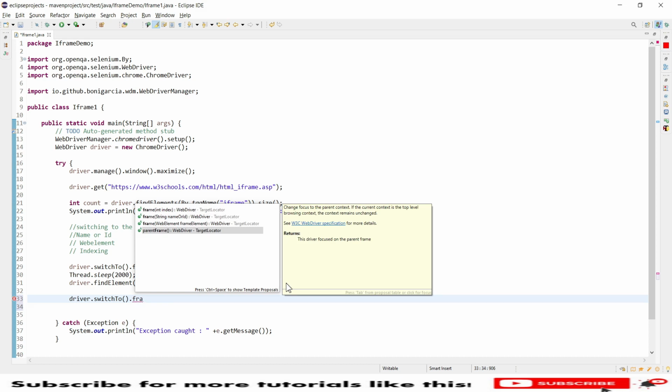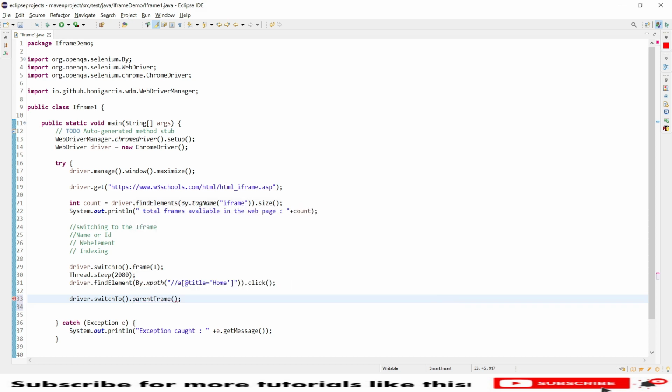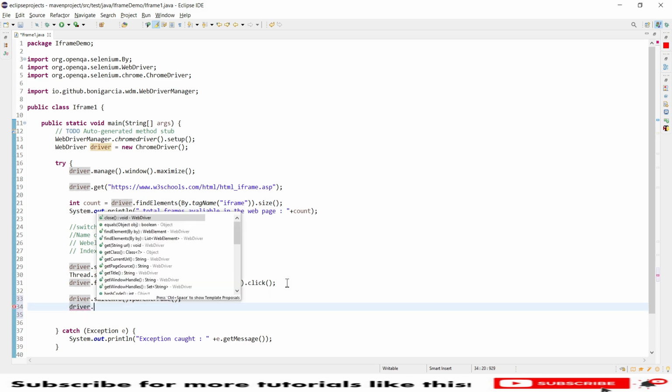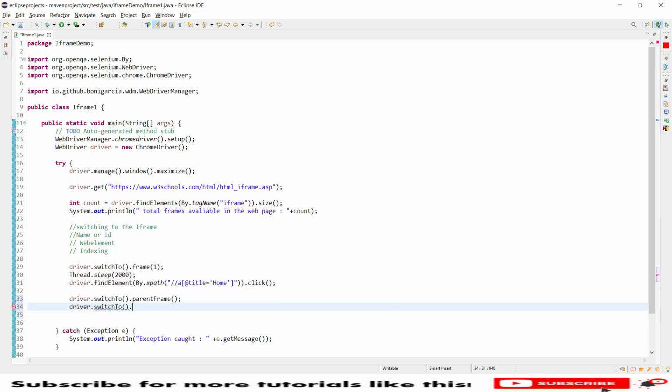So you can use the parent frame as well, or you can use driver dot switch to dot default content. Either of these methods will work, and both methods will bring you back to the actual web page. So you can use any one of them. So you can come back from the frame to the main parent frame.